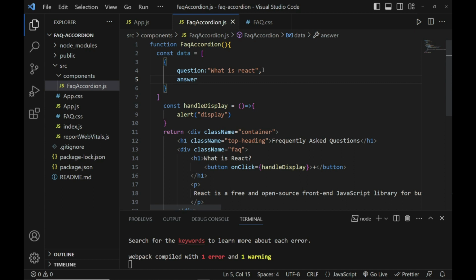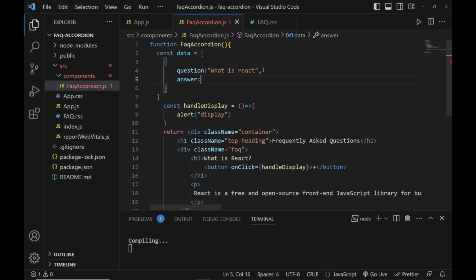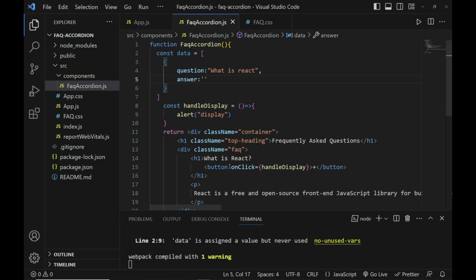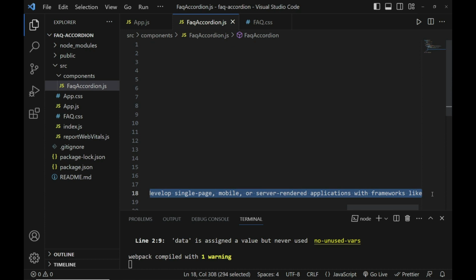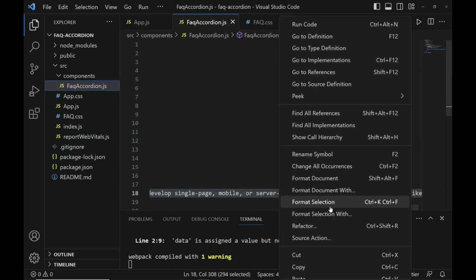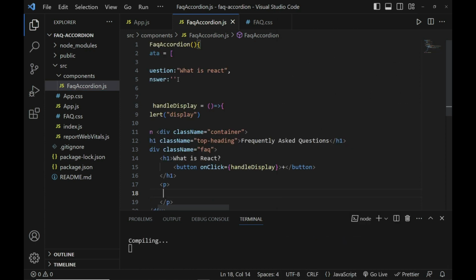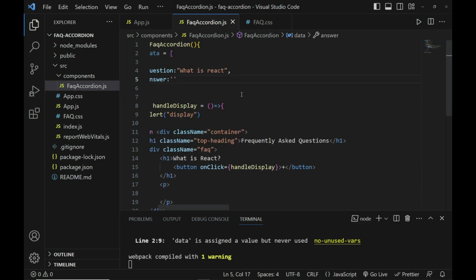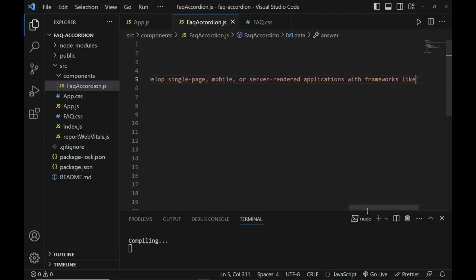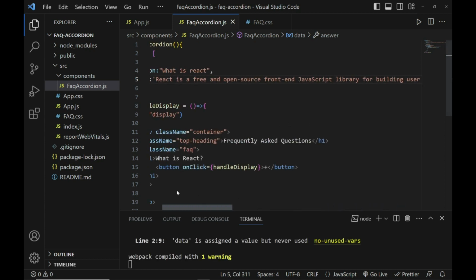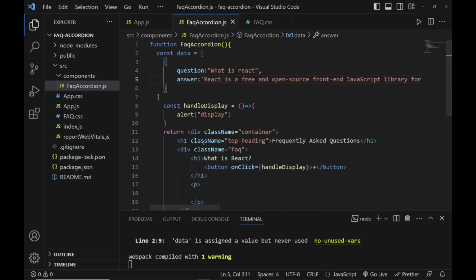An answer, which is, we are going to take this one, let us cut this one and add a pair. All right, so